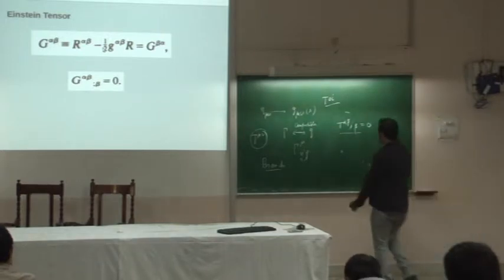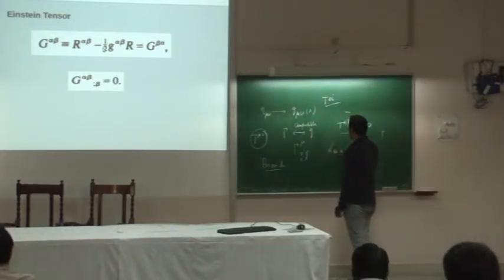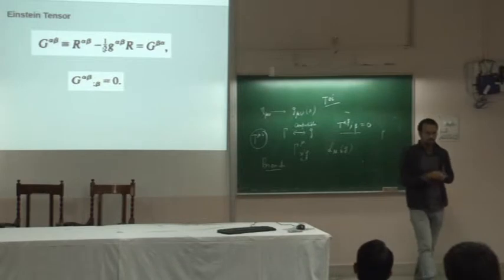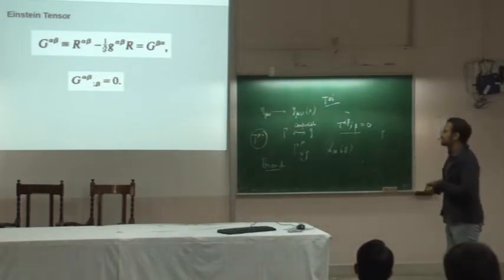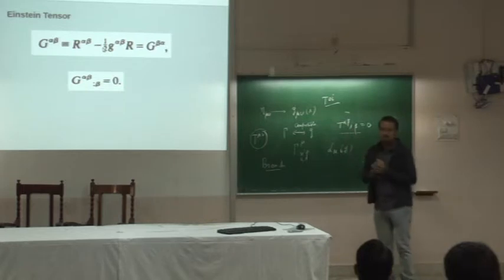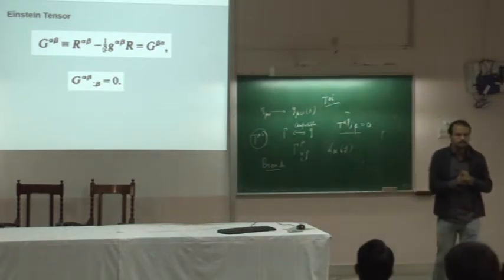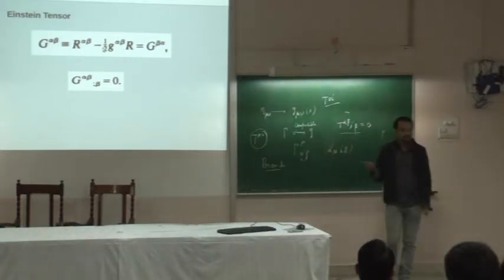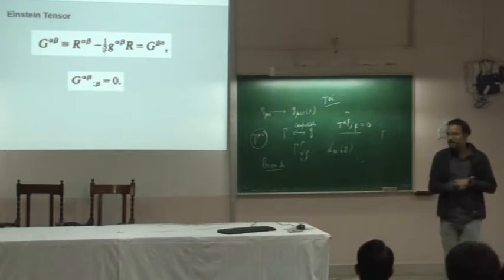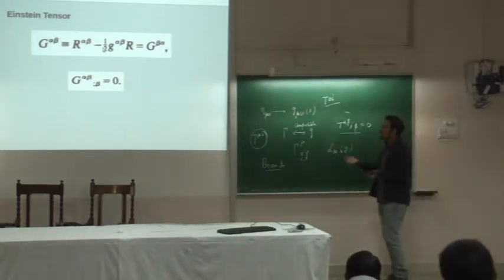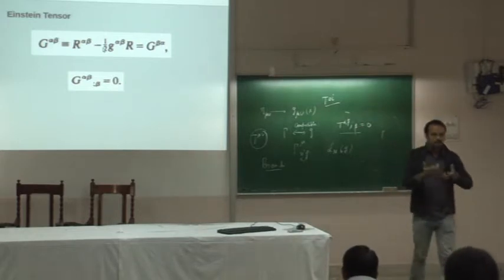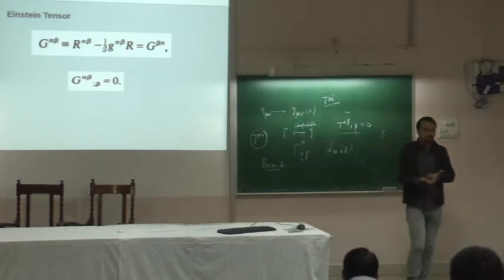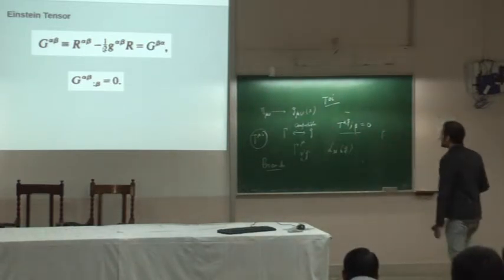For example, when we started with the matter Lagrangian, which is a function of g, and we varied this with respect to g, we got the energy momentum tensor for the matter fields. Now we ask the question whether this equation can be obtained by varying something equivalent, some Lagrangian with respect to the metric again, such that you have this equation. So that particular Lagrangian would correspond to a geometric Lagrangian,